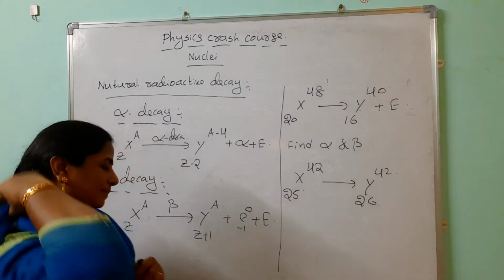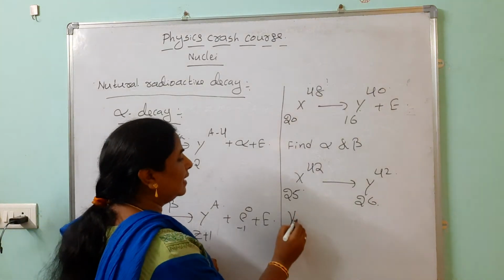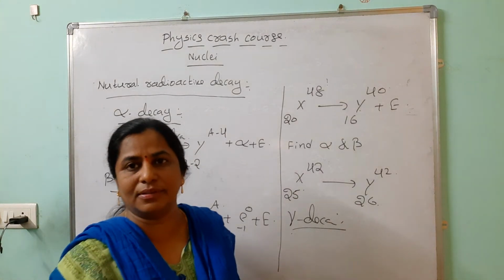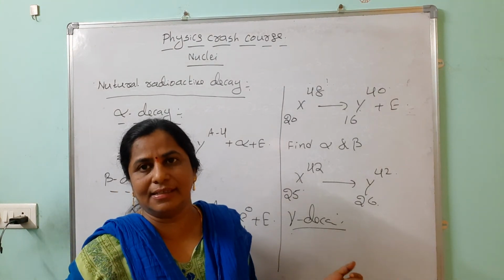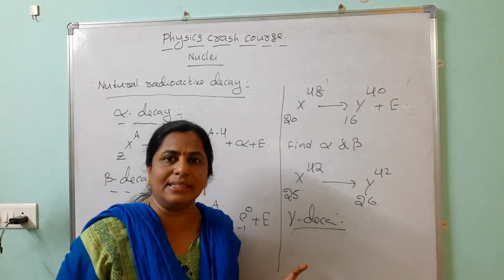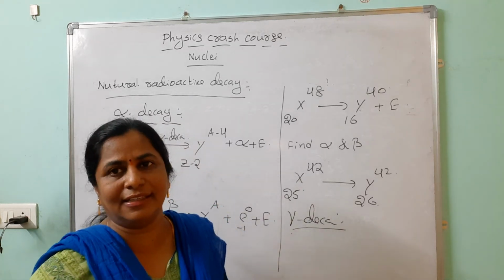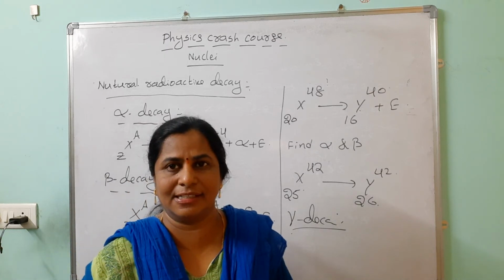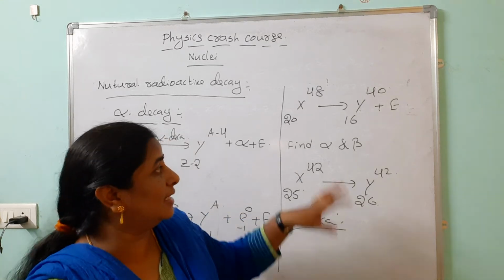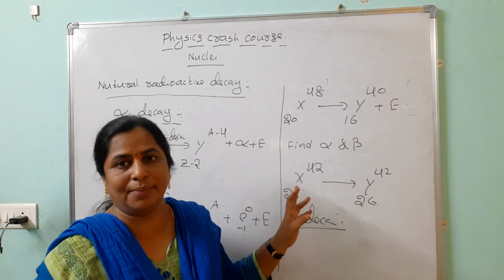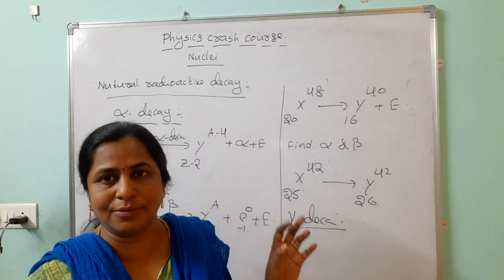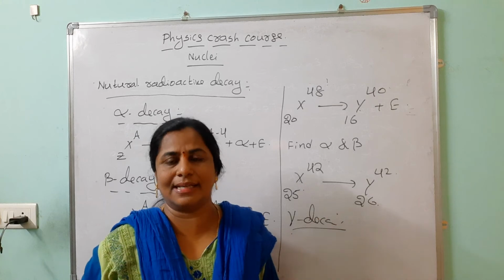Then the last one is the gamma decay. What is gamma decay? Whenever it participates in the disintegration process, gamma rays are released, with no change in mass number and no change in atomic number. Remember that they have a velocity equal to that of light, 3 into 10 to the power of 8 meters per second. They are not deflected in electric and magnetic fields. So this is about gamma rays, beta rays and alpha rays. Then which particles have more penetration? You can say gamma rays, and less ionization also you